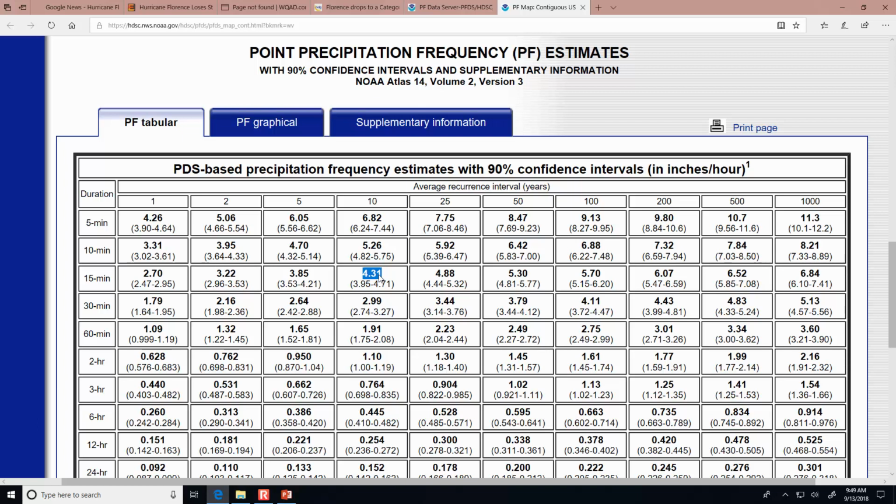So if you want to have 90% confidence that you used the right intensity, then you want to be conservative, then you'd use the highest of that range. You'd use 4.71. So by using 4.71, now there's only a 10% chance that actually the rainfall amount is higher